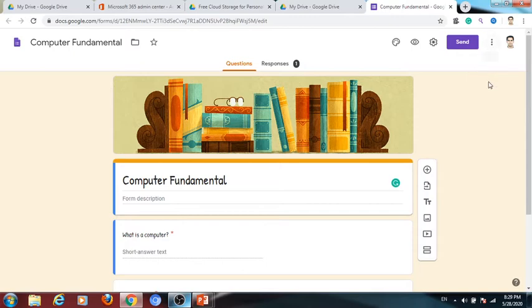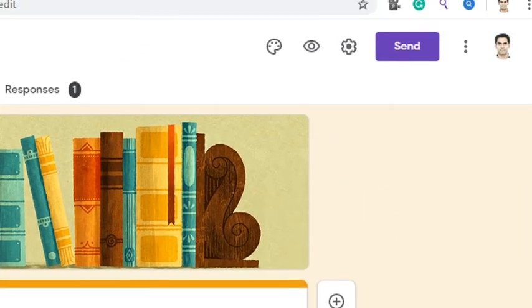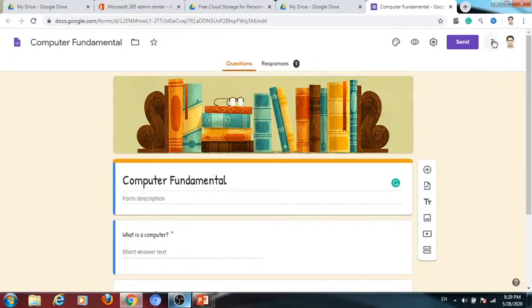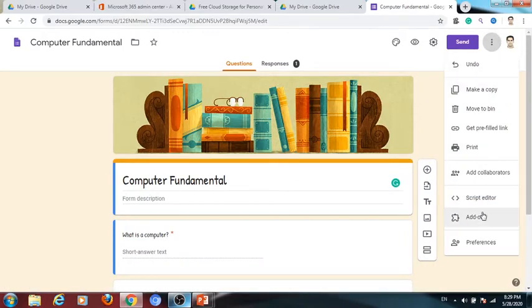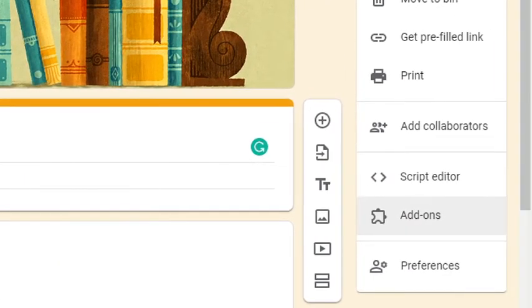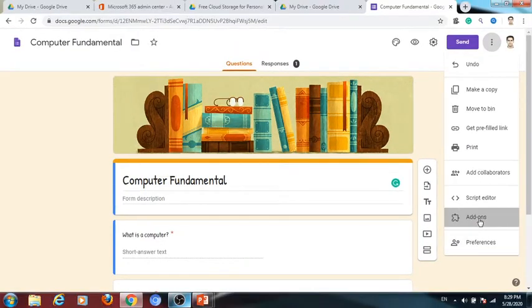In the top right corner you can see three dots. Click on these three dots, and at the bottom you can see Add-ons. Add-ons are basically different applications. You can simply click the add-on option.